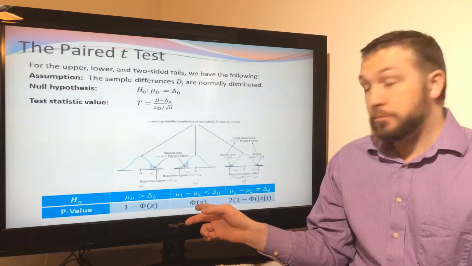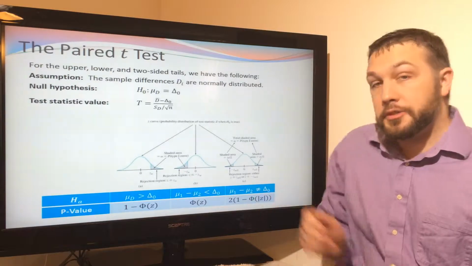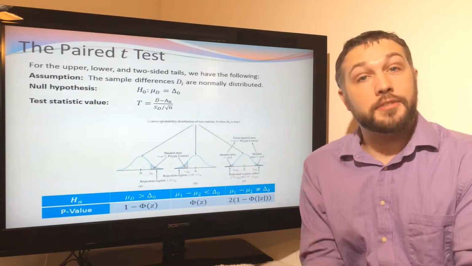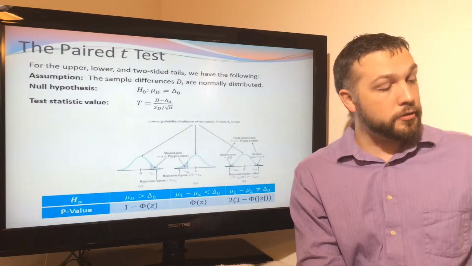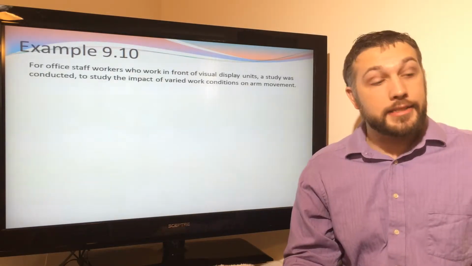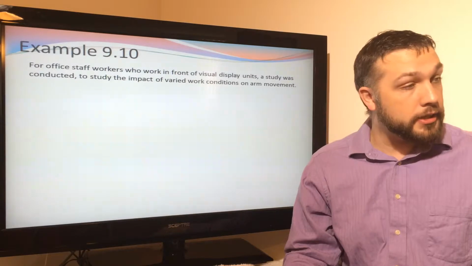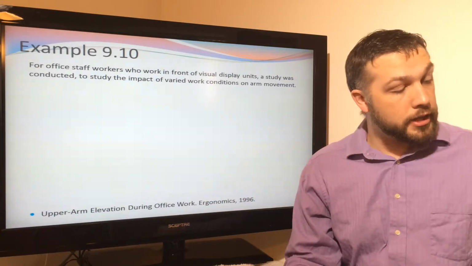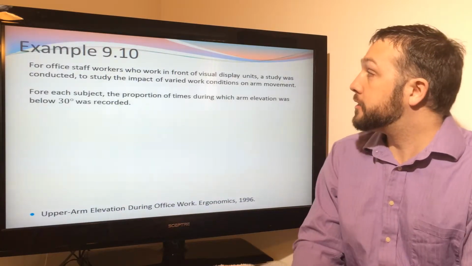For the left tail, it's simpler than that, and for the 2-sided tail, you have to split the difference. You have to double the quantity that you get from the t distribution directly. So let's look at an example where we actually compute a hypothesis test and test some